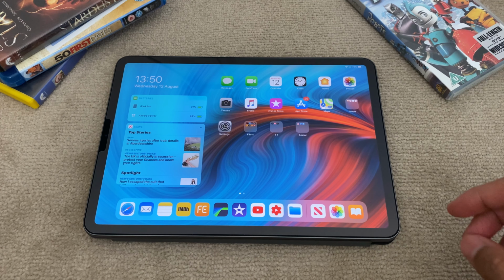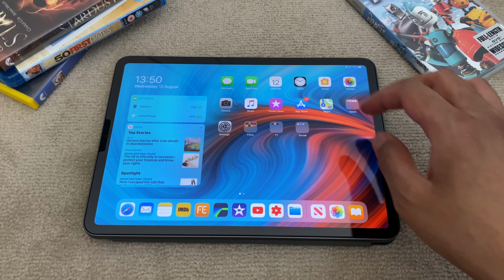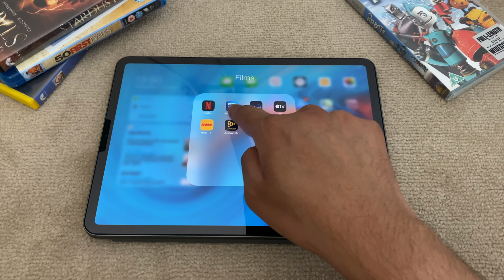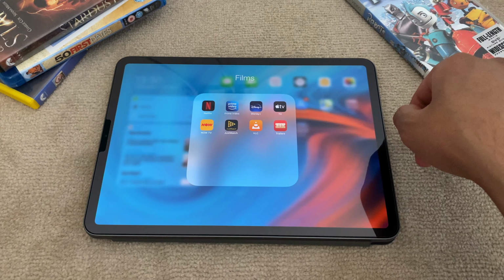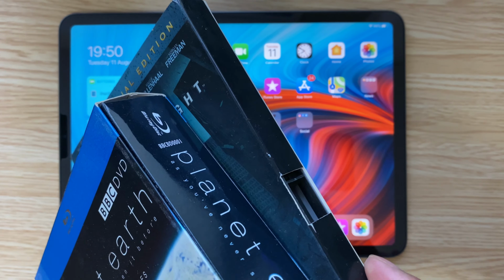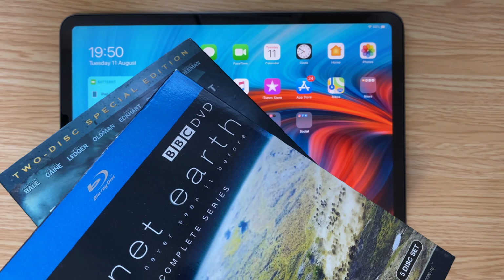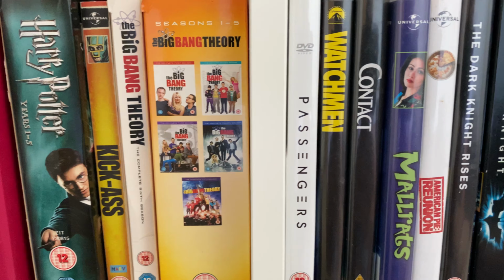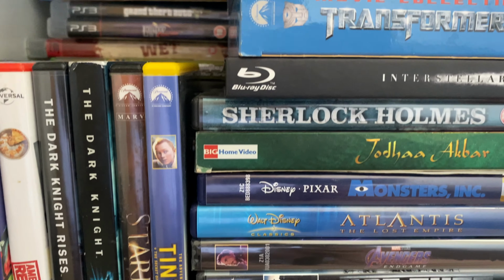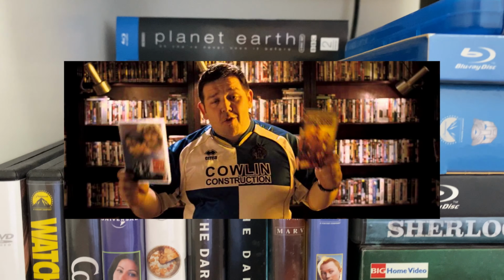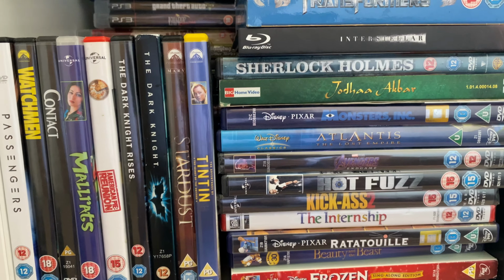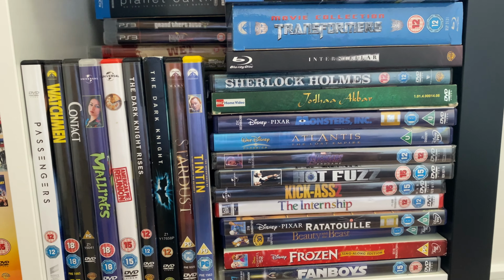So naturally, the films folder for me is one of the most important locations on my iPad. Here, I first have Netflix and Amazon Prime. You know, I used to buy a lot of DVDs and Blu-rays, and it only stopped once these streaming services came into existence. Not just the ones on display, I do have a huge DVD, Blu-ray and UMD collection. Think big in terms of Danny Butterman's DVD collection in Hot Fuzz. One day I will make a video showing all my DVD collection. That would be super fun.